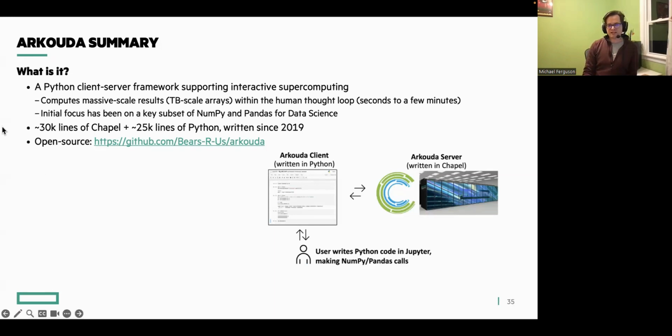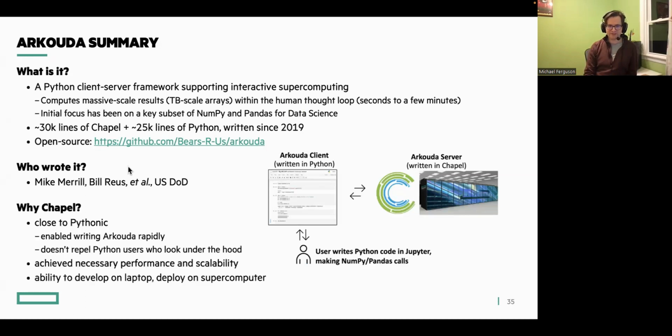And then this project's 30,000 lines or so of Chapel and 25,000 lines of Python, and it's been in development since 2019. And it's open source also, so you can go and explore that project. It was originally authored by Mike Merrill and Bill Reus from the Department of Defense, and they